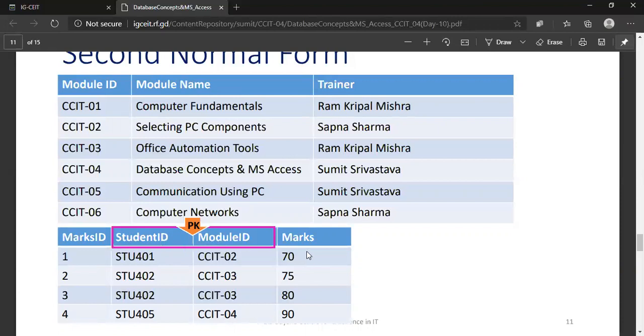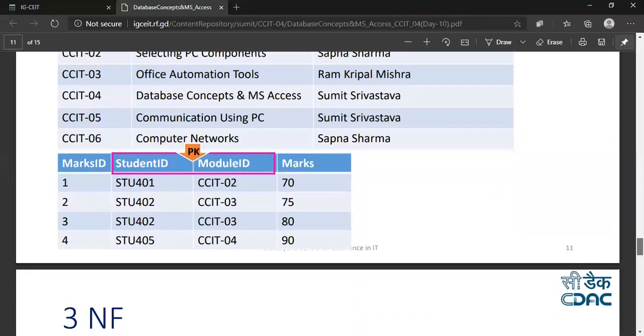And marks are dependent on these two columns: marks of a student and marks in the module. So marks is fully dependent on this particular primary key. So we can say this type of form is called a second normal form.